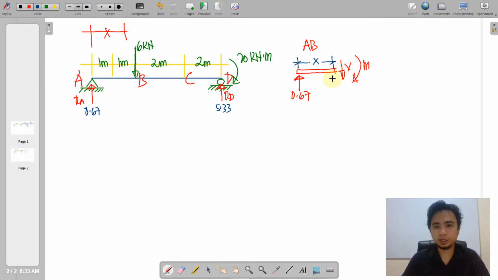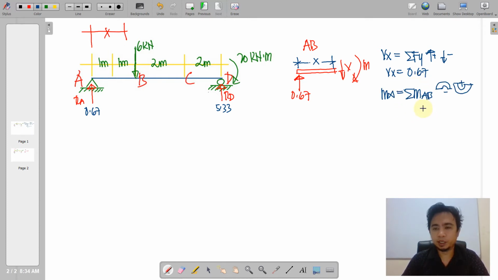Of course, this distance is x, and Vx is simply summation of forces y, positive going up and negative going downwards. So here we have a constant Vx is equal to 0.67, and for summation of moments AB,